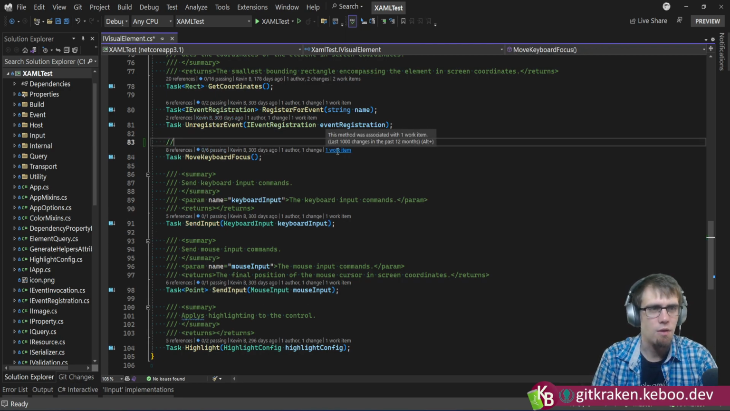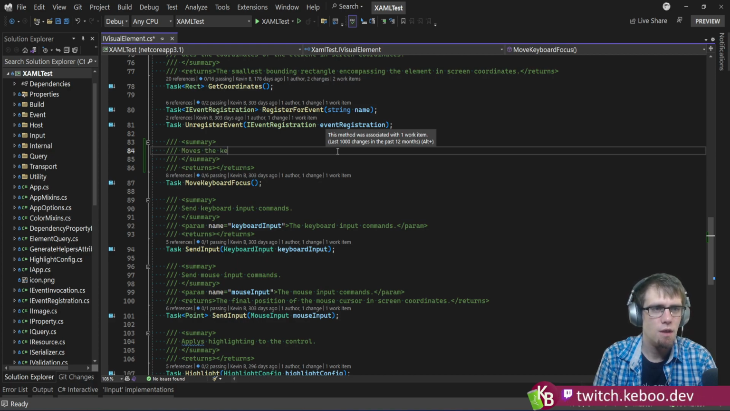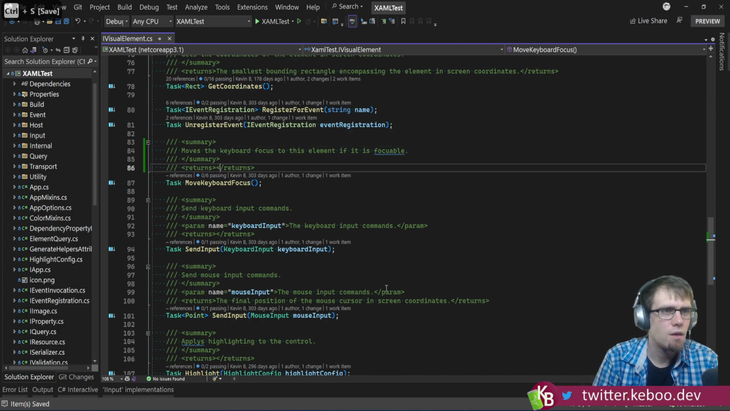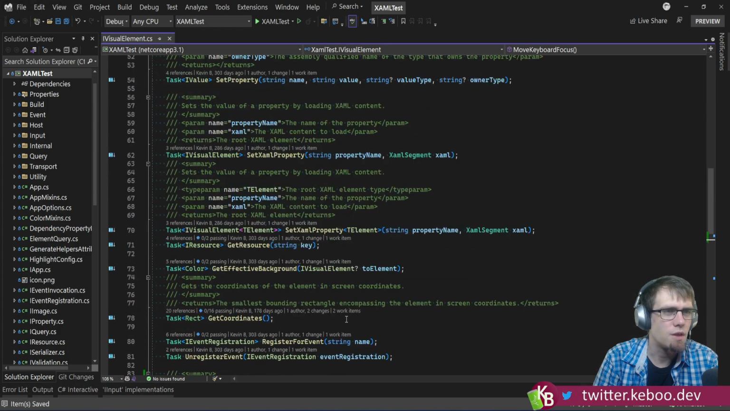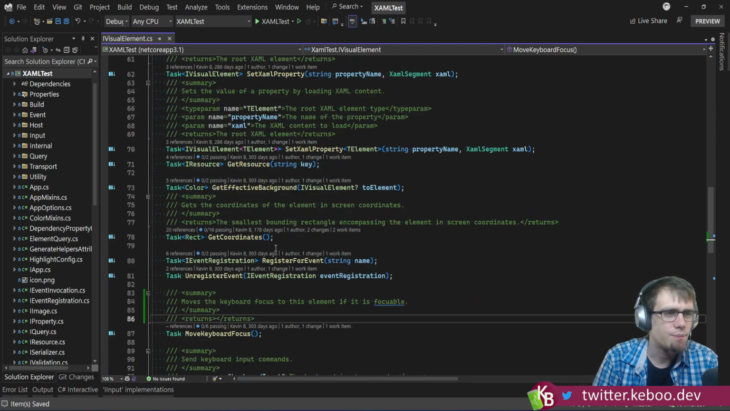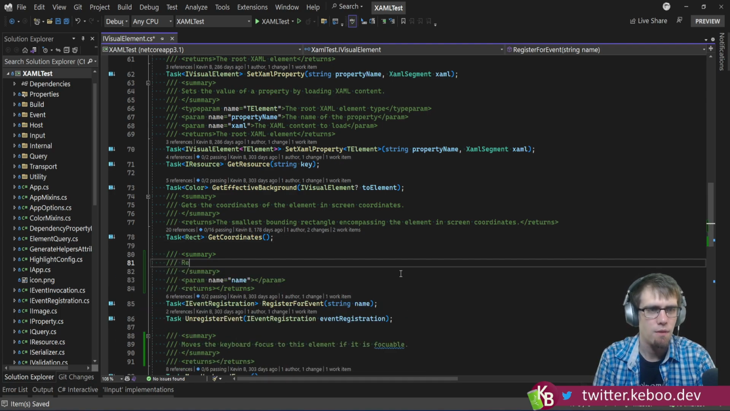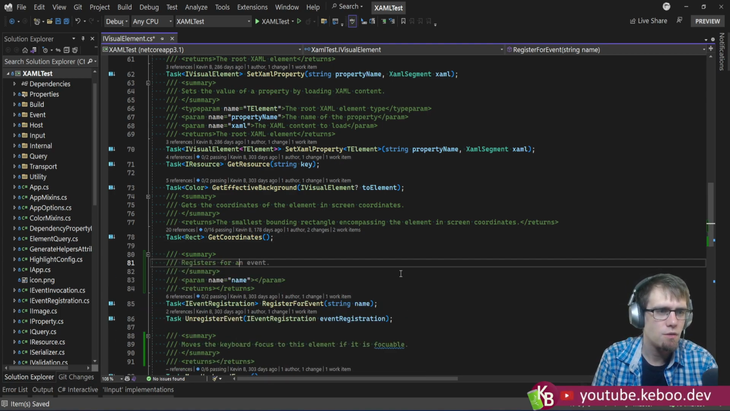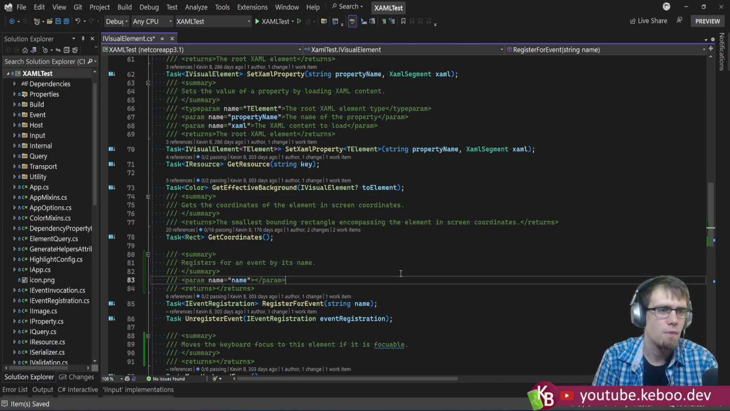Let's add an XML comment while I'm here. Moves the keyboard focus to this element if it is focusable. We should probably put stuff on those as well, but whatever. We'll do it while we're here. Registers for an event by name